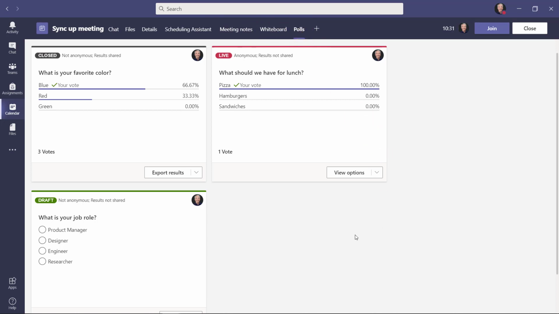If it's set to be the organizer and I'm the presenter, then other people cannot see these polls, only I can. But if they're also set as presenters, then they can see these polls, interact with them, and mess around with them. So be thoughtful in terms of how you set up your meeting options with organizers and attendees.